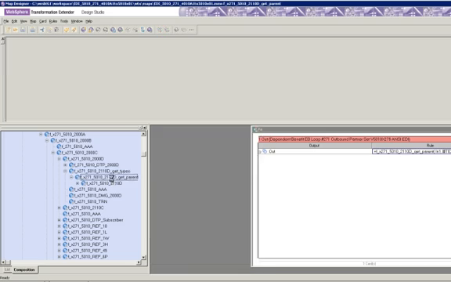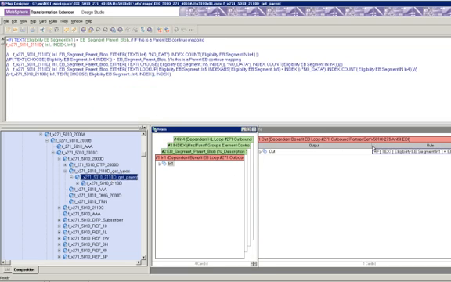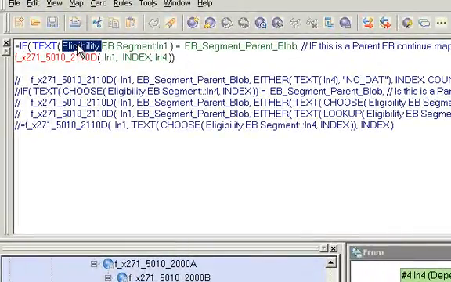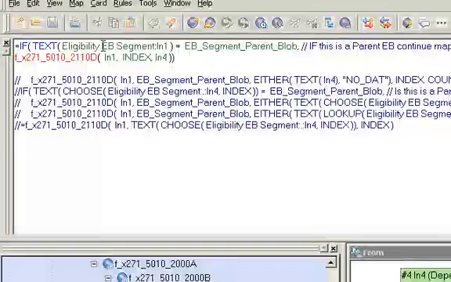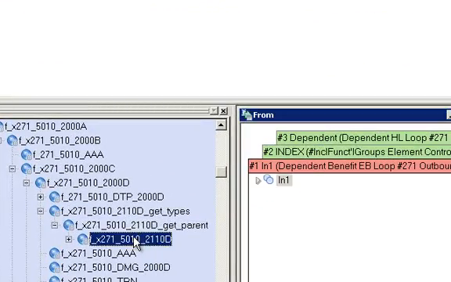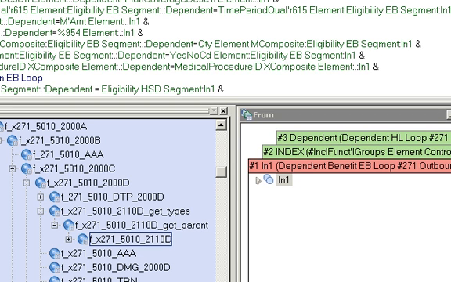So if we go inside this functional map after we've gotten the parent, we're going to compare the current EB segment. Each one of these EB segments or loops has been triggered by the 4010 data. Since we already have the parent blob, the whole EB segment that we brought in as a blob, we're going to compare it to the current EB segment and see if this one actually is a parent. We only want the first one. So this first one is a parent, and since it is a parent, we are going to map it,